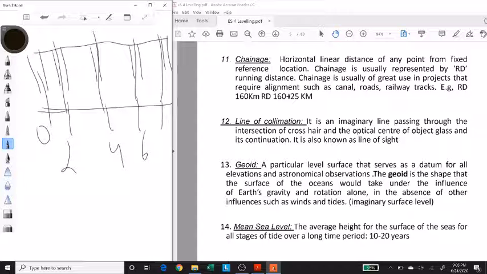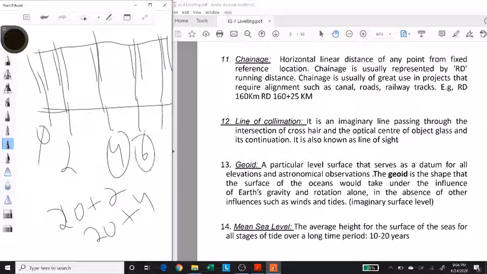And usually you fix a number before that. So I can say this is not 0, this is 20. So this would become 20 plus 2. This would become 20 plus 4. This would become 20 plus 6. So how much farther it is from a reference point. And that reference point 20 tells you another story: how far that reference point is from some other reference point. So this basically comes into play